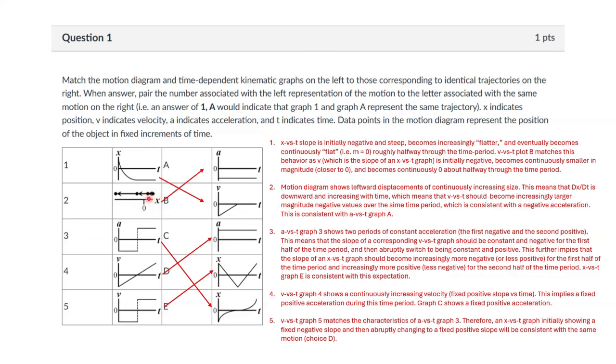So this first displacement has a relatively small magnitude. Second step is a larger magnitude. Third step is an even larger magnitude. So this is something that has increasing displacement with time to the left, left being the negative direction. That means this object should have a velocity that is always negative, and that negative velocity should be getting larger in magnitude with time. If we look at position versus time, we do not see a position graph that across the